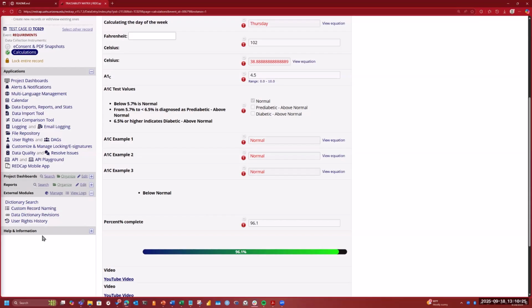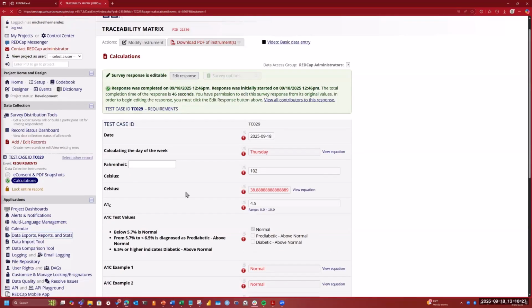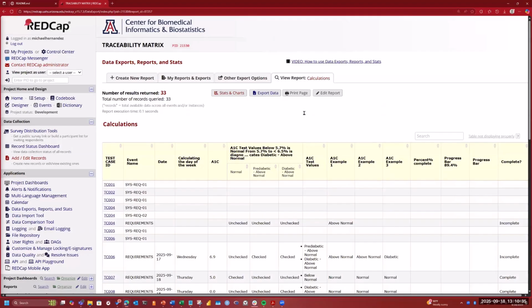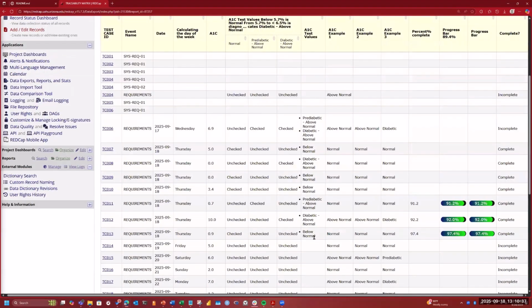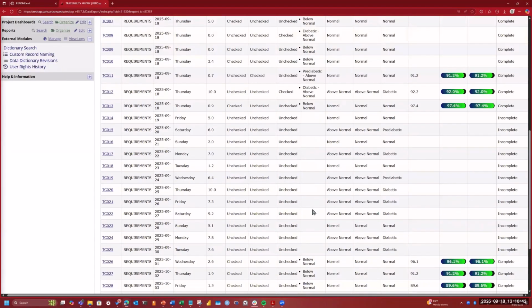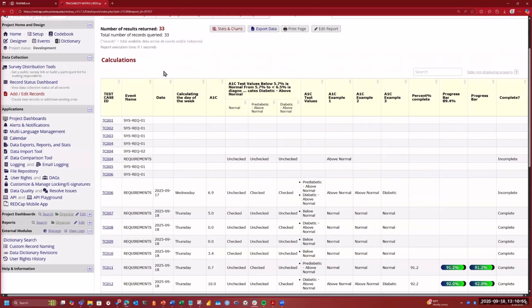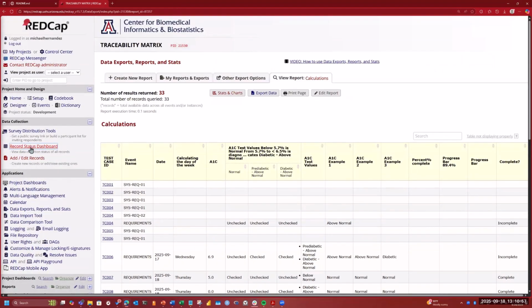So if we go over to the exports and data reports, I have a report we can view, and we can see that we have our display of different types of characteristics for diabetics and calculations. And then this one didn't display because what we're going to do is we're going to go ahead and run a cron job and see if that displays afterwards. So coming back to the dashboard,